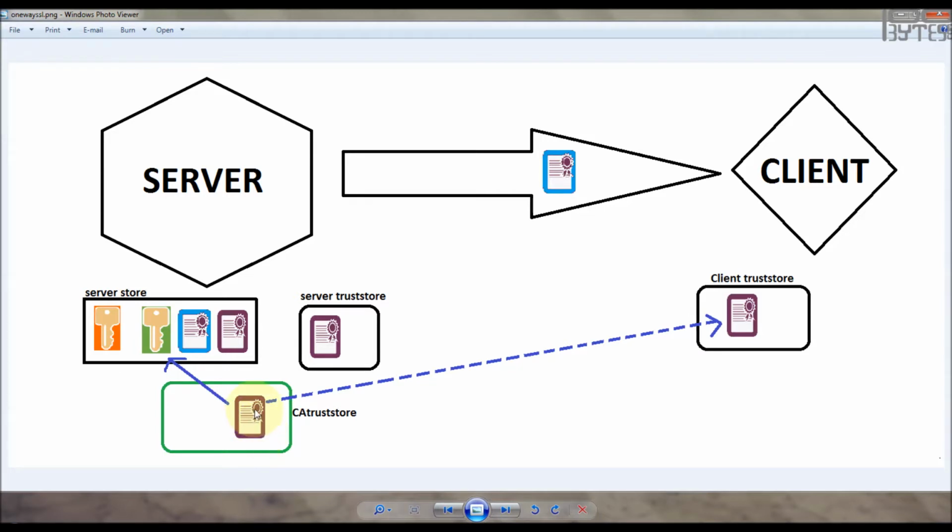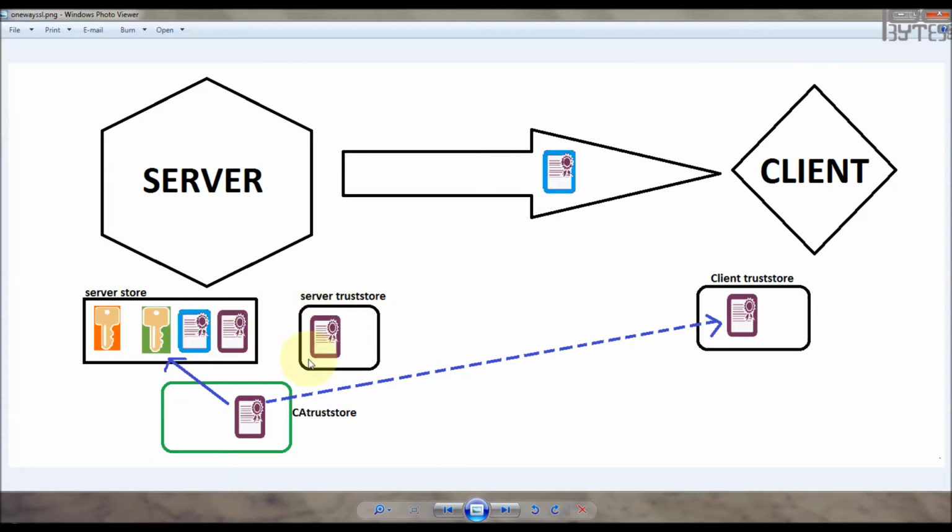This certificate will sign the public key and generate a server certificate, which gets stored in the server store. We need the CA trust store certificate in the server store as well. Basically this is for the certificate reply, where we import the certificate which is signed by a certificate authority.